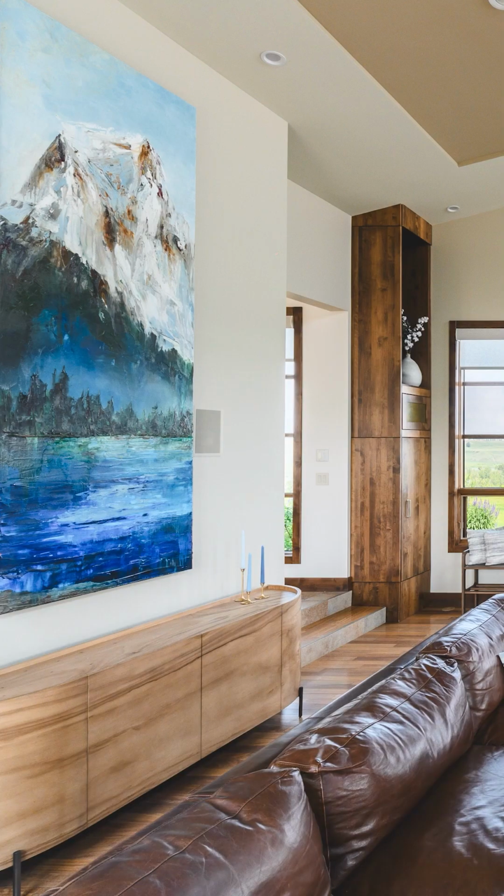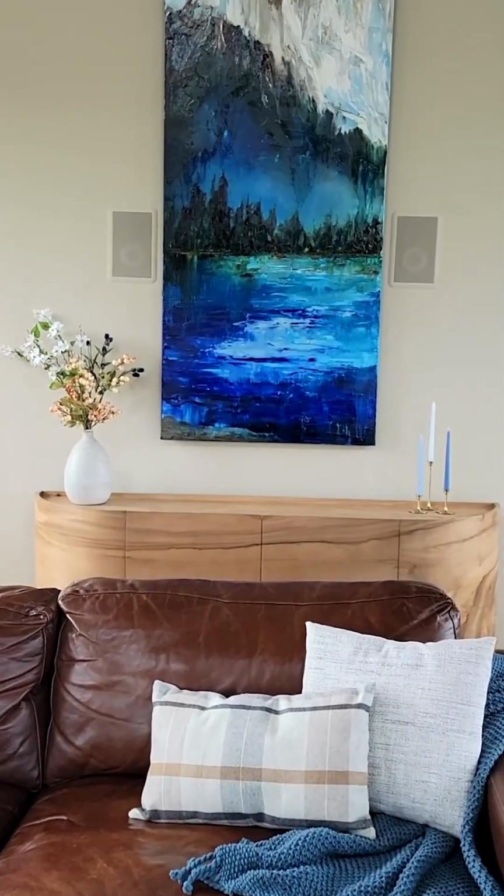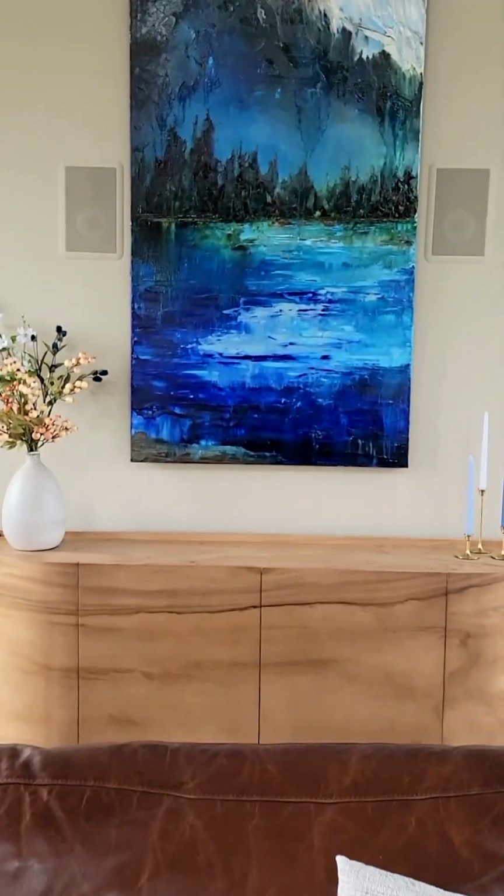You can't quite see out the windows, but they're right by the Bow River. There's lots of greenery, and so we wanted it to feel like lots of blues, lots of greens, and also not just cool colors, warm browns incorporated in it to accompany the rest of the space, which, as you can see, is nice and welcoming. I brought in some blues and greens as I could, got custom pillows made, brought in a